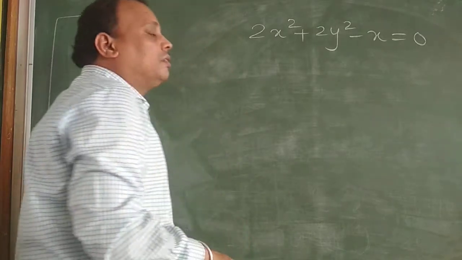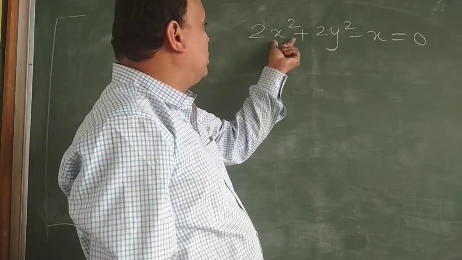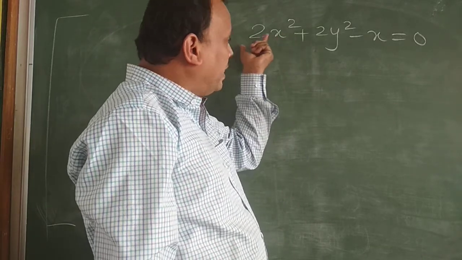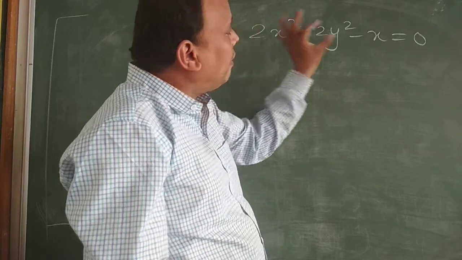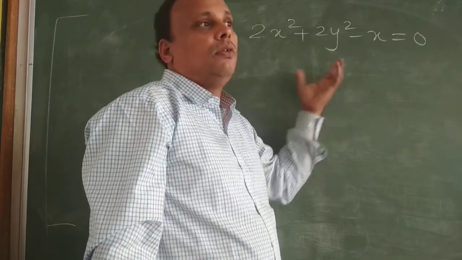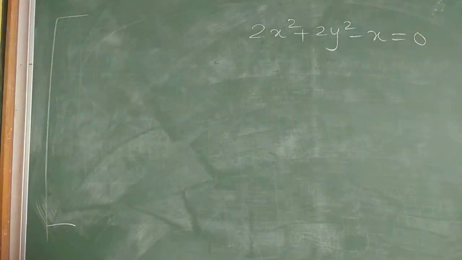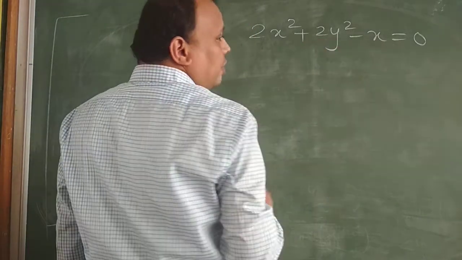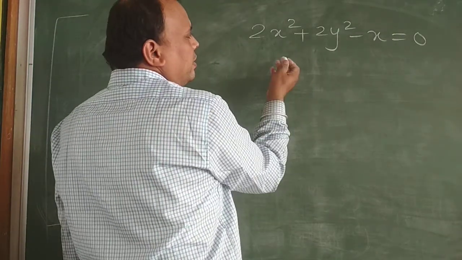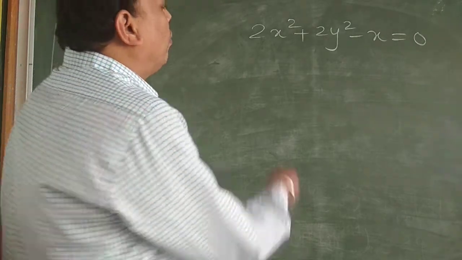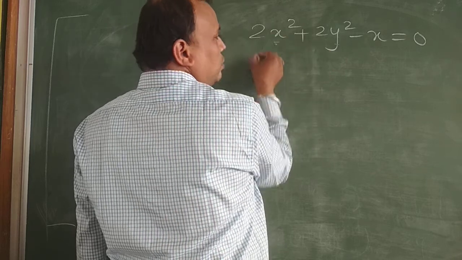Here, in the equation of a circle, the coefficients of x square and y square are the same. If the x square coefficient is negative, then the y square coefficient will also be negative. If the x square coefficient is 100, the y square coefficient has to be 100. Only then is it an equation of a circle. This is in general form. We have to convert it into center radius form. Generally, the completing square method involves reducing the coefficients of the squared terms into 1.